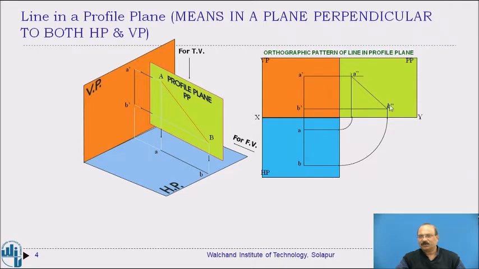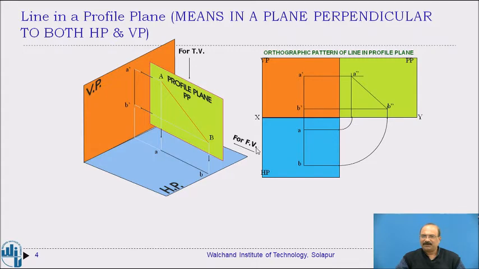Here this length is the true length. You can imagine that this line is parallel to this particular line, the profile line. This front view is parallel with this one; when it is parallel in one view, automatically in another view you get the true length. This is the true length of the line. The important thing is the line makes a certain angle with the horizontal plane; this is the horizontal plane and this is the vertical plane.